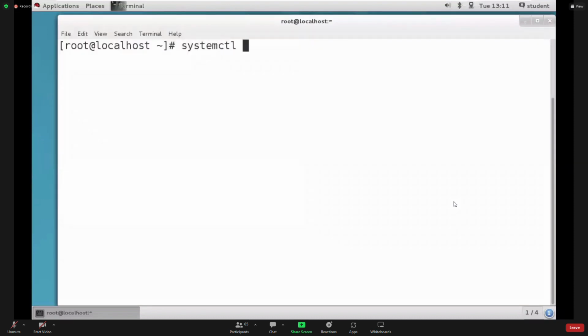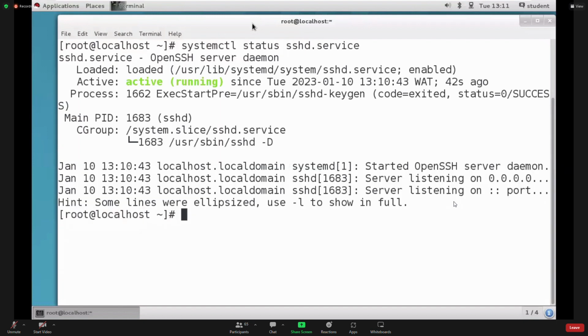systemctl status sshd. See guys here, active, right? Okay, I hope you got it. How to stop, how to start, how to check the status, how to enable, how to disable, right? We have one more command called mask,